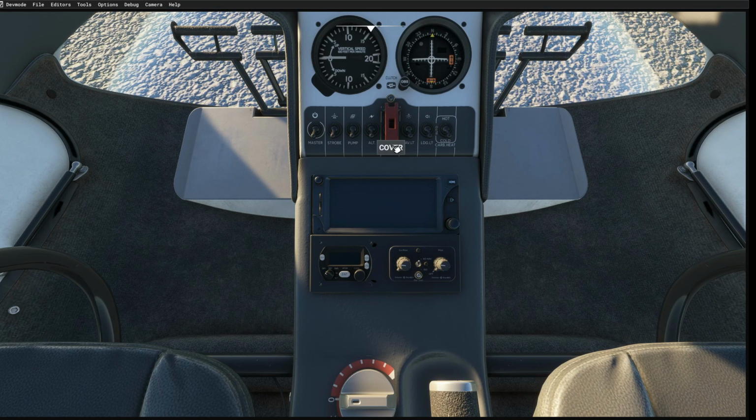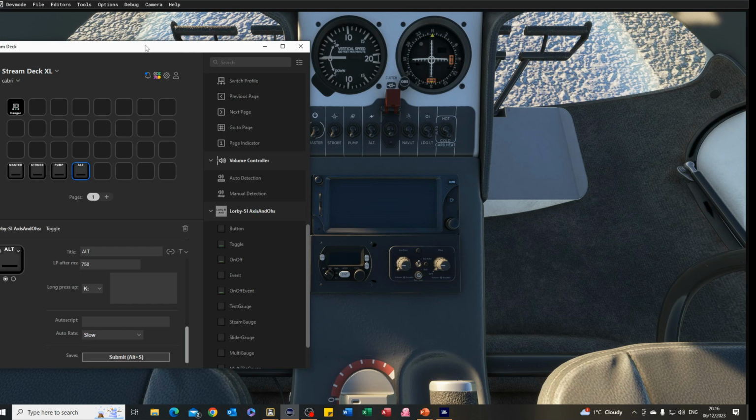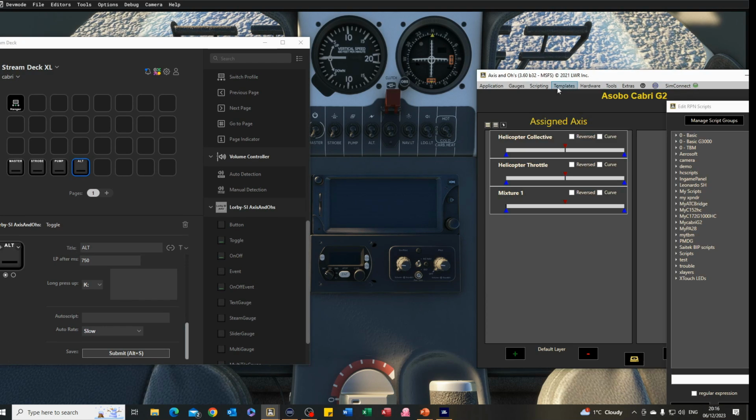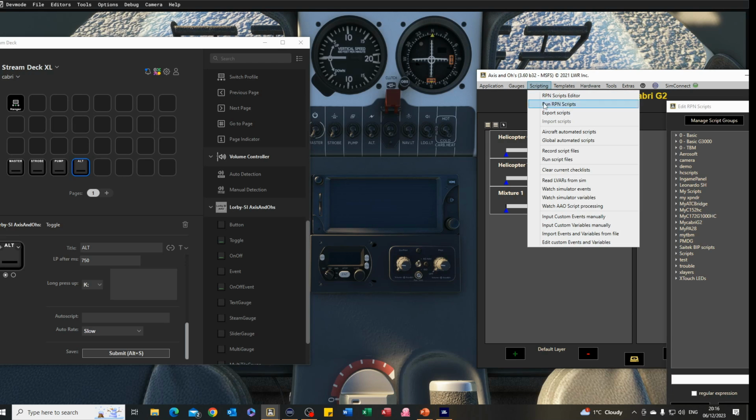So it's got a safety cover on it, so we need to flip the safety cover up and turn the switch on and put the cover down. So that's what we want to achieve. Now there's a couple of different ways of doing it. Obviously we can do it with the Stream Deck. What we want to do, I think, is to watch that event. So we're going to watch the simulator events,